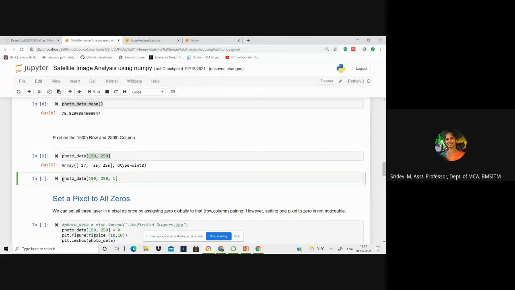Now, if you take again the 150th row, 250th column in the first layer, what is this third parameter? In the first layer, the third index number here we are using. First layer means red indicates 0th layer, green indicates first layer, and blue indicates second layer.